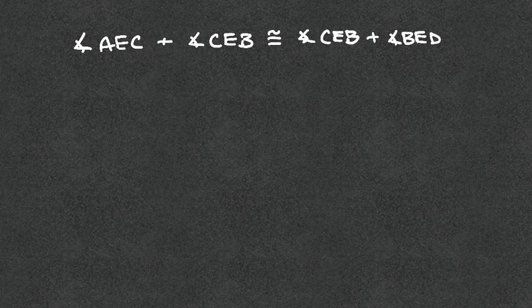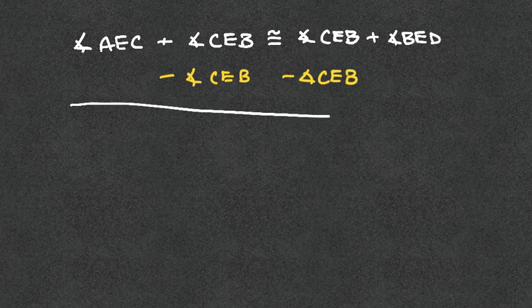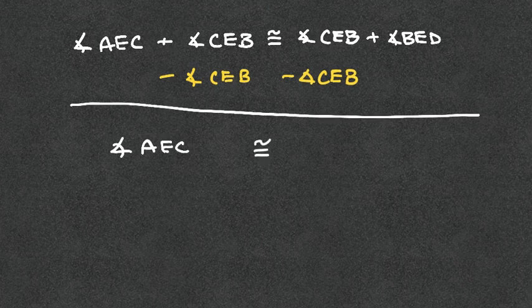Now what we notice is that we have the same angle on both sides. We have angle CEB on the left and we have angle CEB on the right. And so the idea is that we simply subtract those from both sides. If I subtract my angle CEB from both sides, what I will be left with is my remainders, that my angle AEC will then be congruent to my angle BED. Really just follows from my common notion